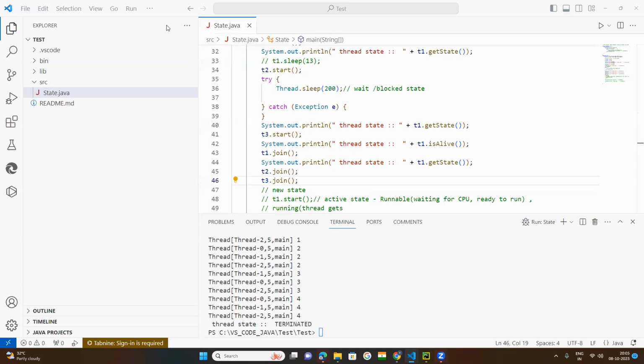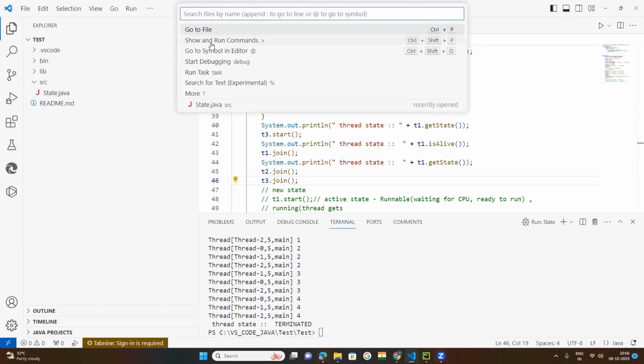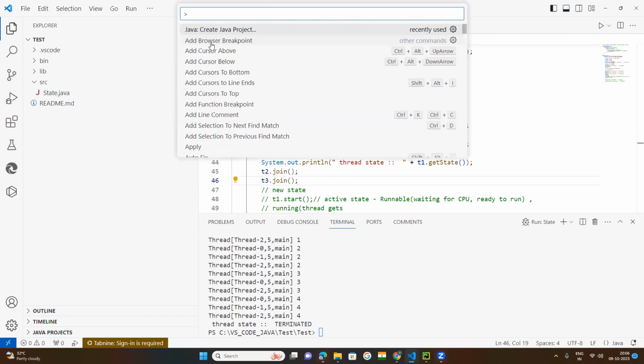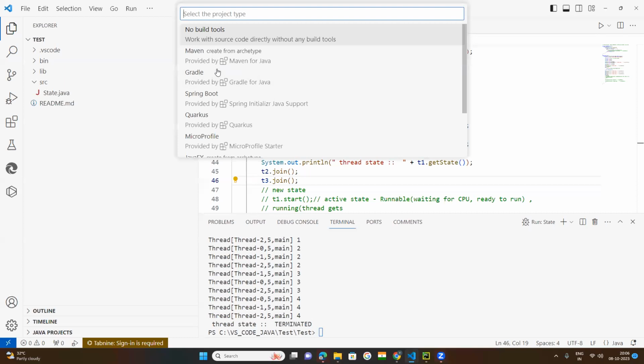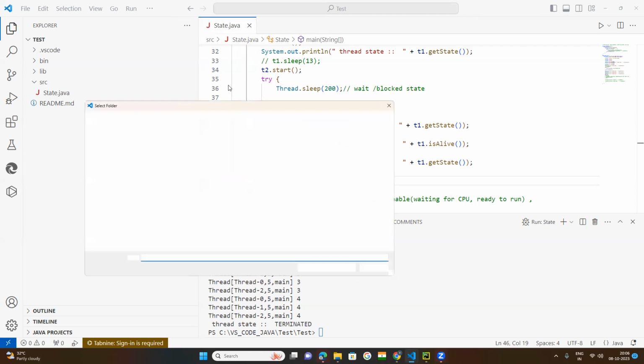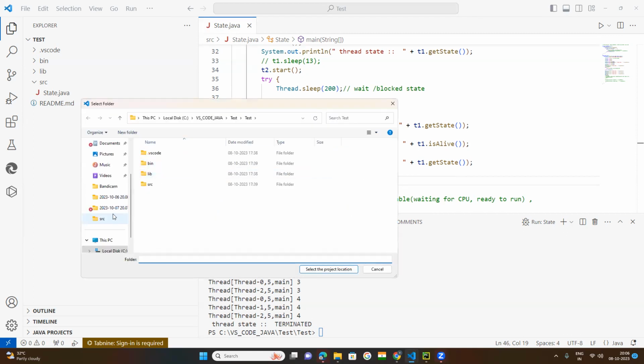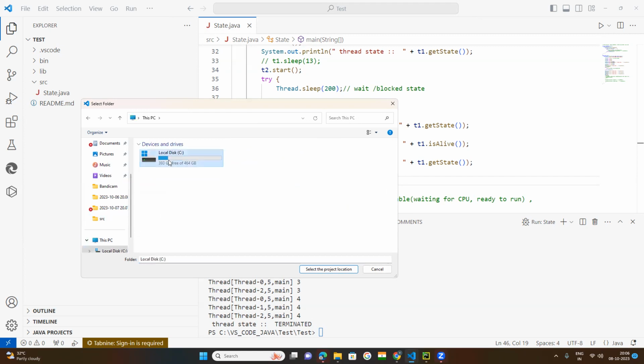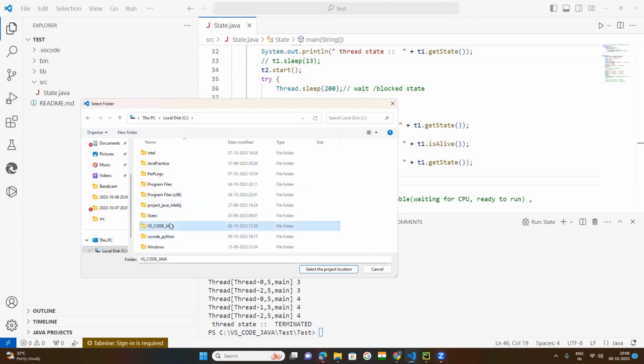Okay, first of all, we go to create a new project. Here, you go for show and run commands. There, create Java project, no build tools. This is Visual Studio Code. Then you choose where your project is to be stored on your PC. In any one, that is, one folder. Within that folder,